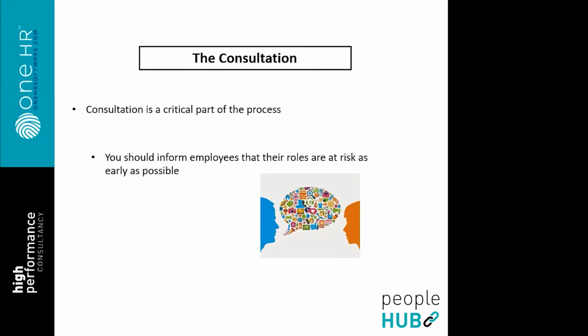But if you can take an informed decision and think, oh, actually we've looked at our cash flow, and we've realized that we are going to be at risk of some redundancies, posts will have to go. At that point, you should put people on notice that their roles are at risk.